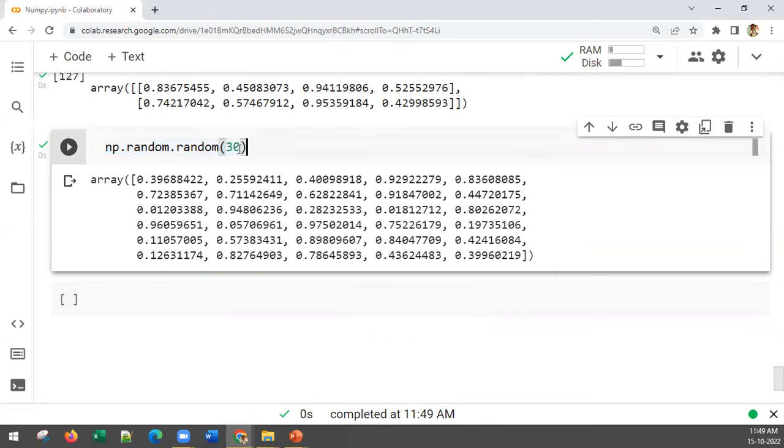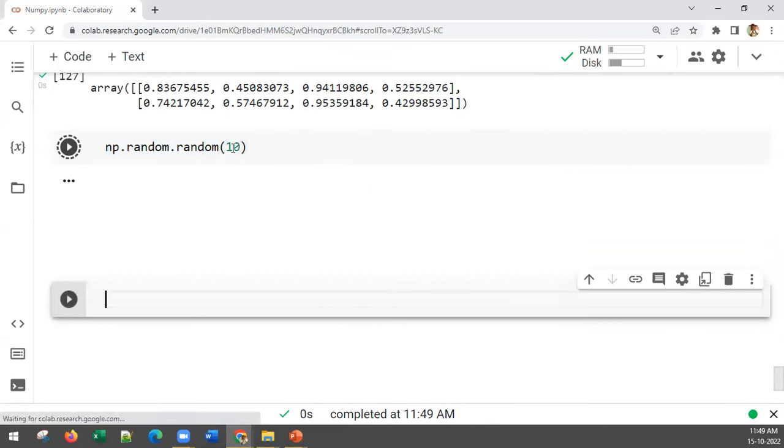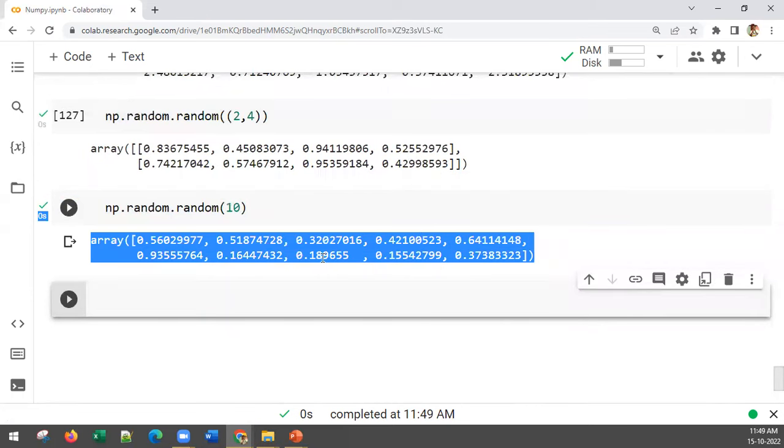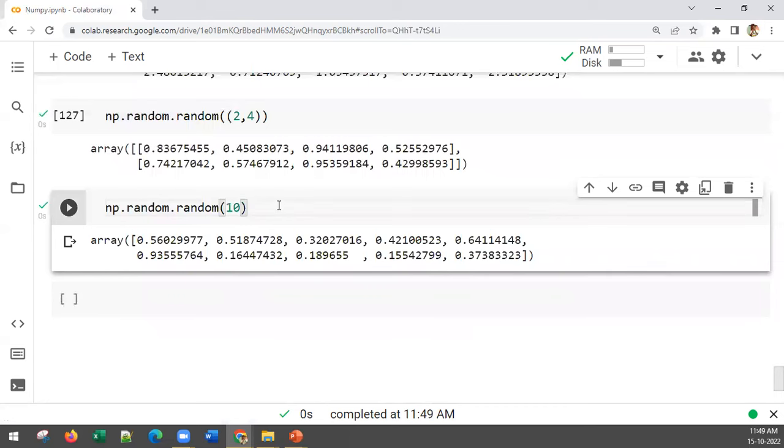Let's talk in simple words. Let's say 10 random numbers. These are all a one dimensional array. What if I want to have 5 rows and 2 columns? Can you reshape it? Yes. You need to store it in an array. Let's say my array name is A. Now the shape of this array, if you see A.shape,